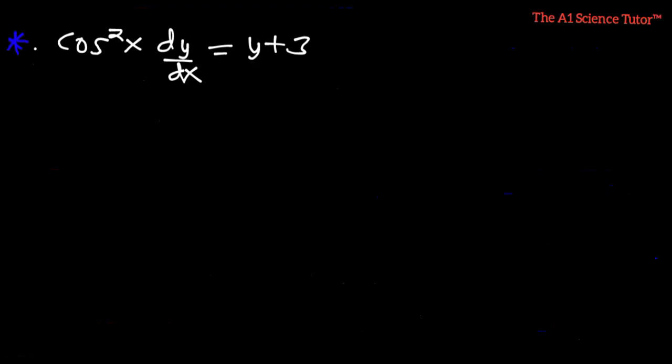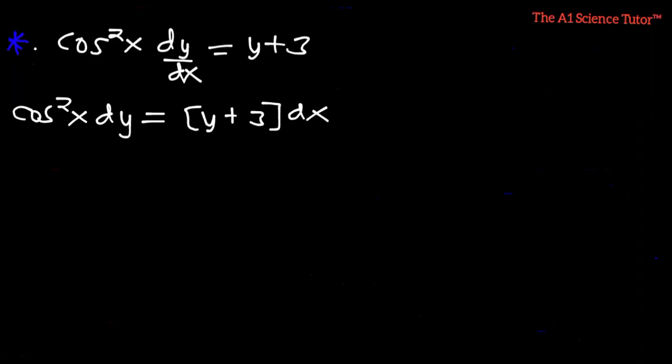We need to find the solutions to it. So as usual, the first thing I'm going to do is take dx and multiply it to the other side. So that is going to be cos squared x dy, and this is going to be y plus 3